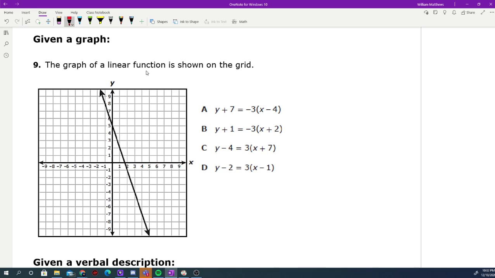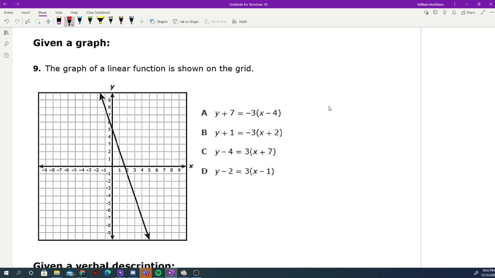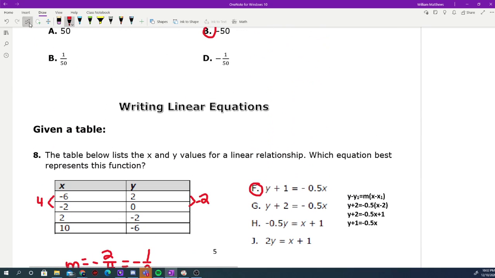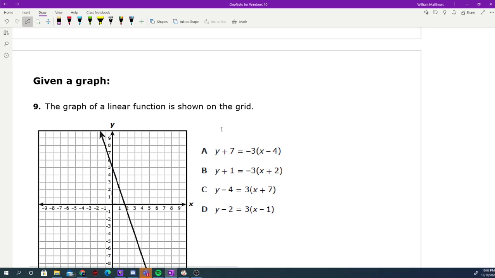The graph of the linear function is shown on the grid. It wants us to find which equation matches up with our line. Now, just looking at our point-slope formula, we'll copy it down for reference. Since all of these are in this setup,